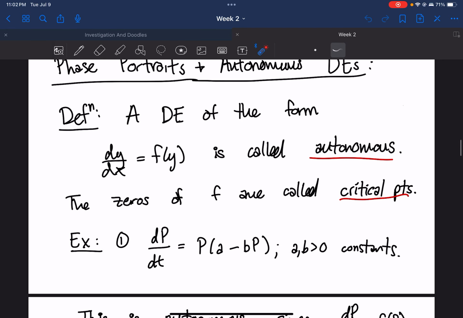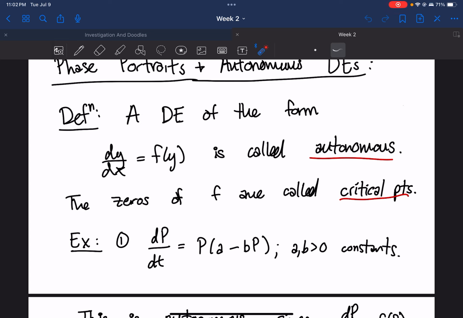Let's look at an example. Oh, and the zeros of f play a really important role, right? These are the critical points. The zeros of f are the critical points. So here's an example. Again, it doesn't matter if you change p to y and t to x. You get the same thing, right? But we're just going to do it in terms of p and t because we'll see in a future section